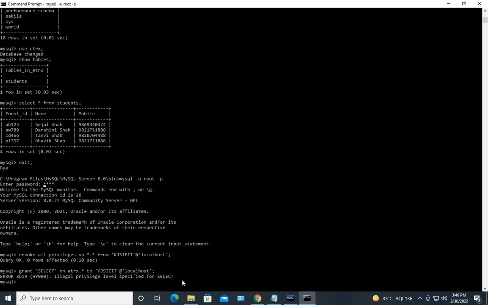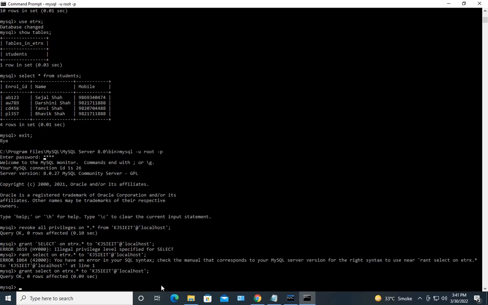Okay, so that tilde is not working in the command prompt. It will work, I think, in the MySQL prompt. So I've removed the tilde. Now it is just grant select on ETRX, the database, on all the tables of the database ETRX. It should not be able to access any other database other than ETRX. Who should not be able to access? The KJSIIT user, right? So now let us exit from here